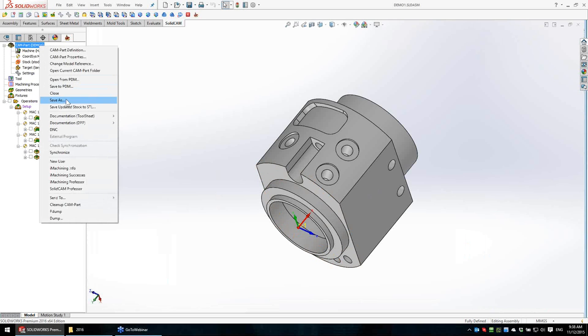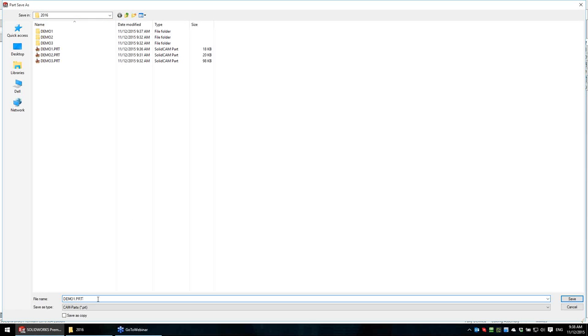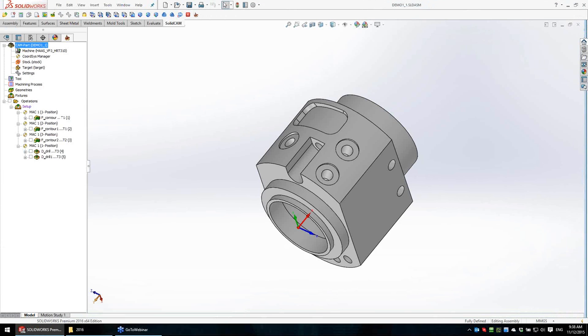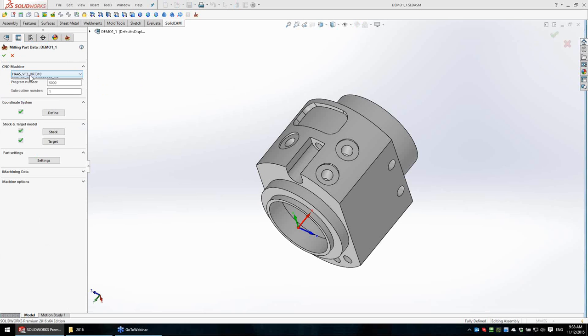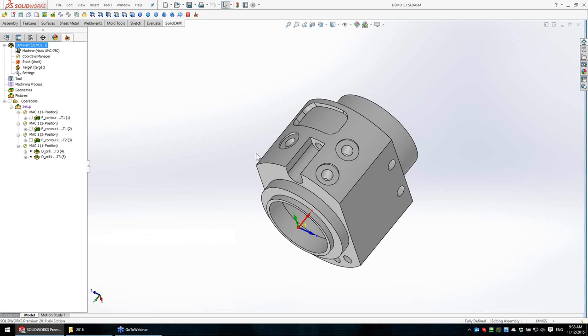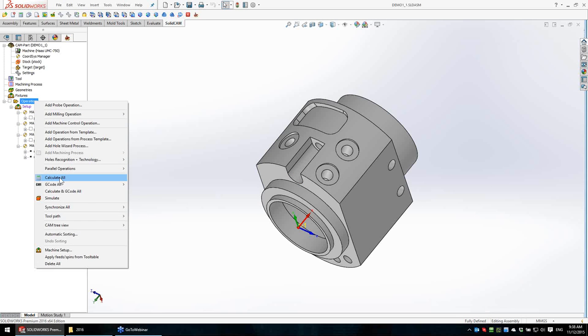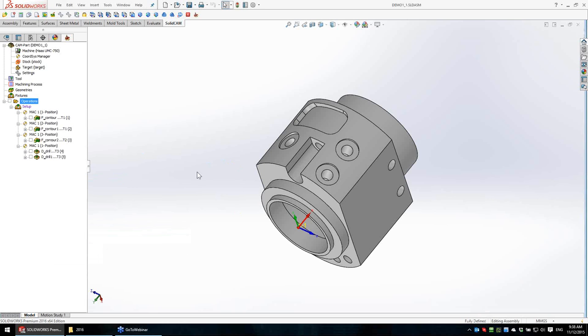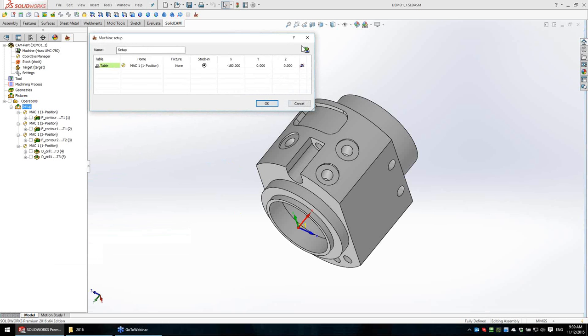Now let's try to save this part as a copy. Let's call it _1. And change the machine. We will change the machine to a Haas UMC 750. It's a 5-axis simultaneous. For now, everything is okay here. I just need to calculate again. And in setup,